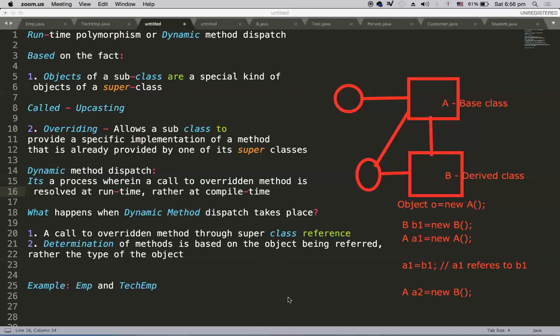That means an overridden method exists in a subclass, right? And that subclass method, that is the overridden method, is now called through a superclass reference variable. During that time, the determination of the method is based on the object being referred rather than the type of the object. So this determination will happen by the JVM